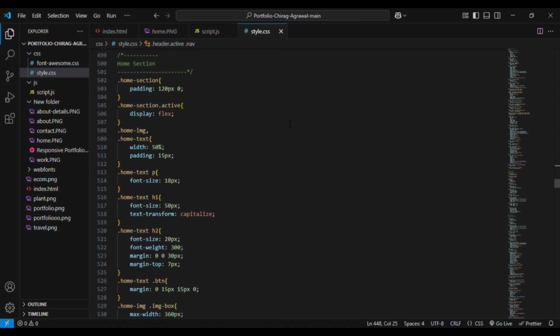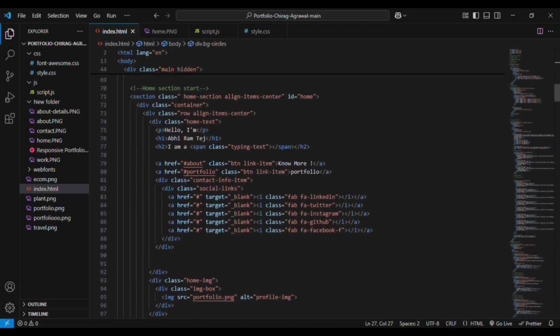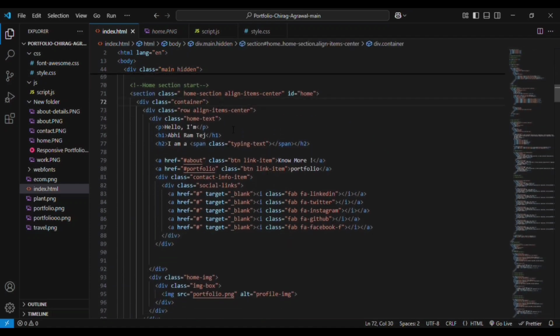that is the home section. This is the home section. In the home section we have the main div, that is the container div. Inside that we have the home text, paragraph, as well as h1 element, that is heading element, then h2 element, and we are adding a span element with a class of typing text. This is for the creation of the continuous typing effect that we have used in here. Then we have an anchor element for Hire Me. These are actually buttons that we created, and we have added the button classes here. You can see here these are the button classes that we have created in the